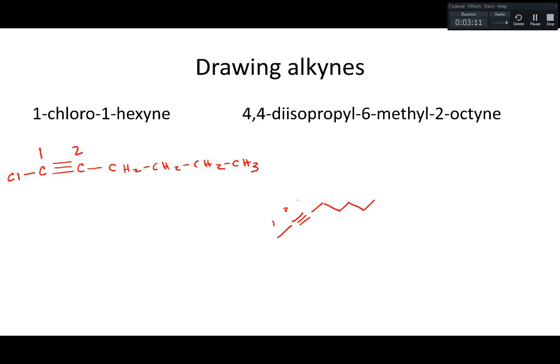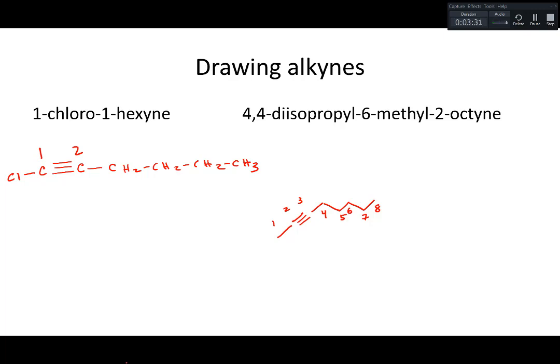So 1, 2, 3, 4, 5, 6, 7, and 8. So there's my 8 carbons. And if you're going to do line drawings, be sure you count those out because it's easy to make mistakes. Now,